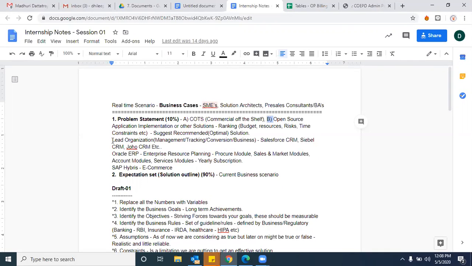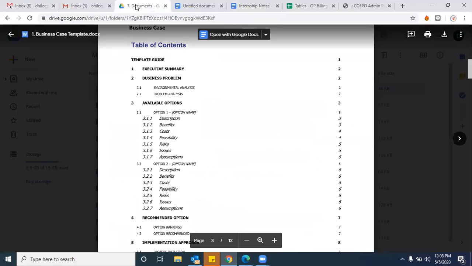That's the reason I kept the lead as the best example here. Lead organization can be fixed using Salesforce. But if the client doesn't want to spend lakhs of rupees on Salesforce or similar, then he can request an IT company to implement one dedicated solution to organize his leads, right or wrong? True. The dedicated solution, we call it open source. Open source doesn't require any subscription, as simple as this. Is that clear, guys?